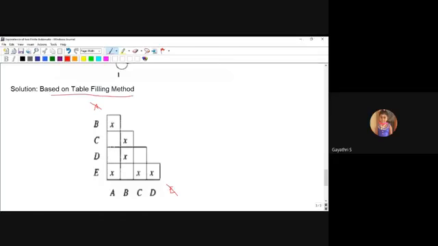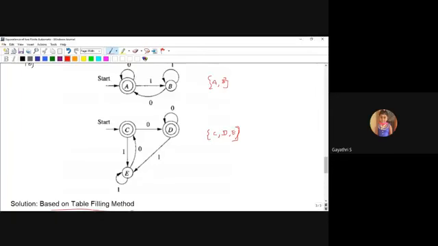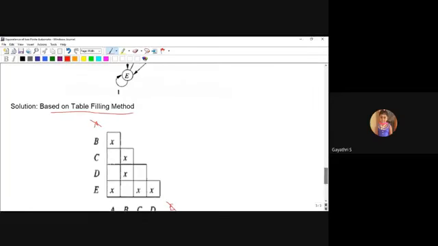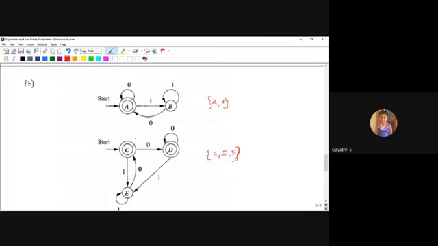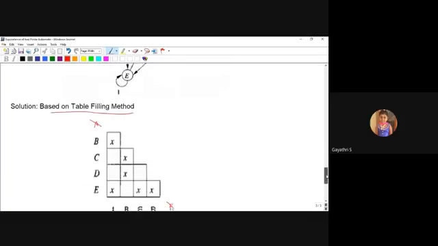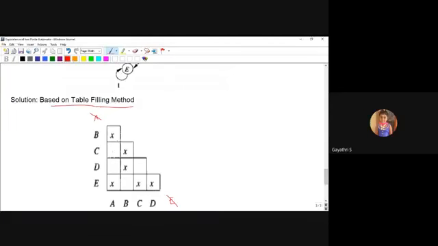Next, the CA pair. Here the A and C. The first automaton's A which is final, C which is also final, so it is the same kind of pair. Just unmark the pair. Next pair, that is CB. B which is non-final, C which is final. This is the pair which we want in step number 1. So the BC pair is a valid one as per table filling step number 1, which is marked.